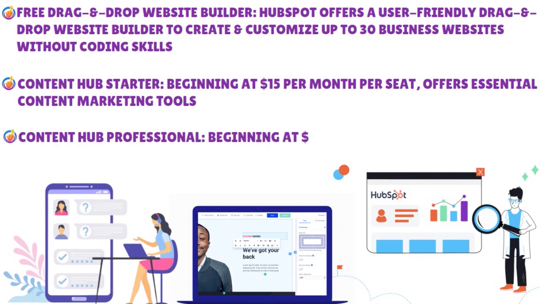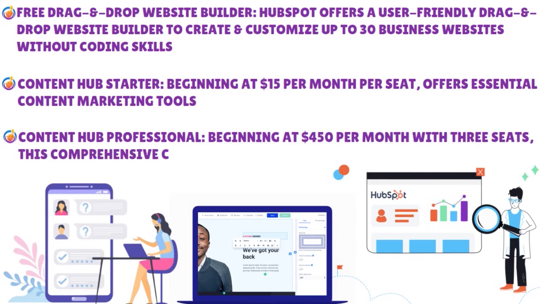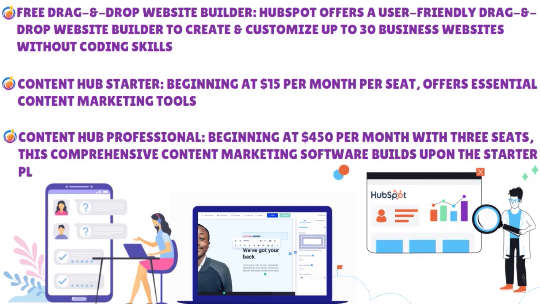So the Content Hub Professional, the pricing starts at around $450 to $500, and there are some cases where we've seen people actually pay $550, $575 per month with the 3 seats. So this is basically the Content Hub Professional. Think of it as a comprehensive content marketing software tool that builds